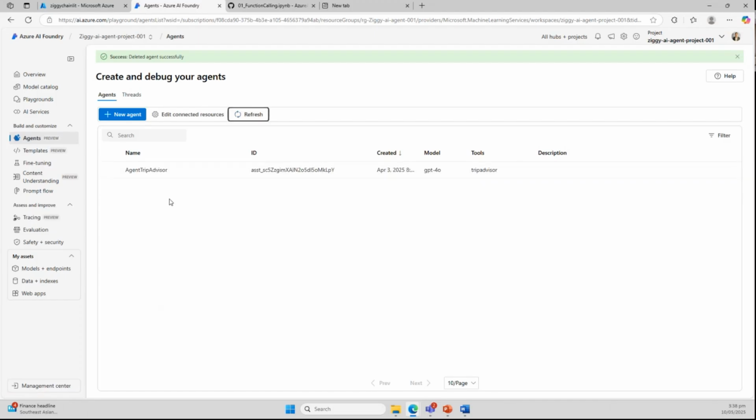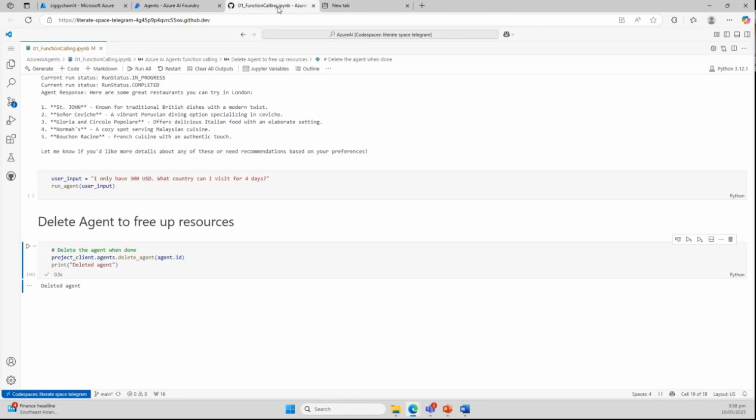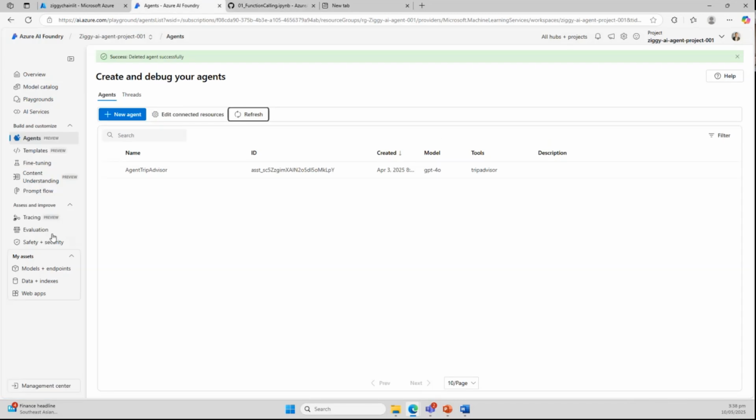Or you need to manually delete it here in the AI Foundry. So, when I run this in GitHub and I make mistakes in my coding, all of a sudden, if you don't delete it, you just keep on adding and adding up here, and then you'll incur storage costs. No? So you need to be wary about these things. So that's actually a demonstration through code. I can demonstrate it as well.